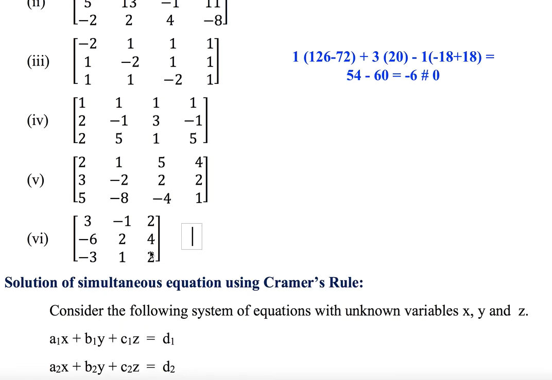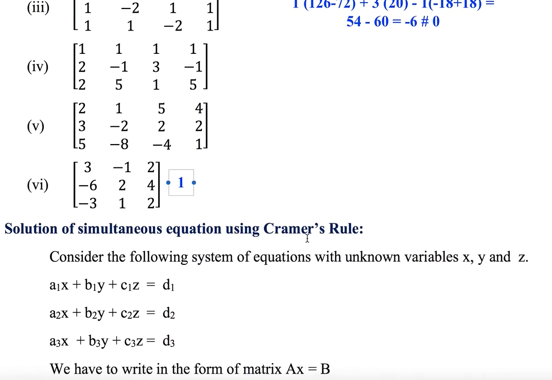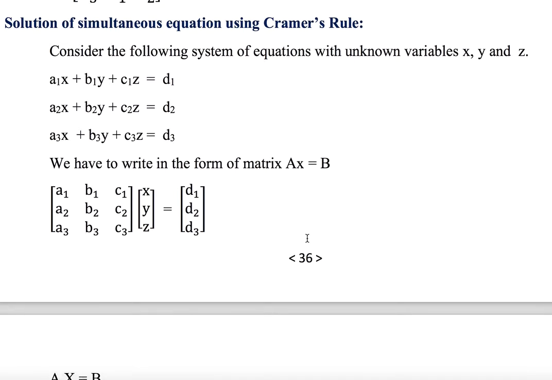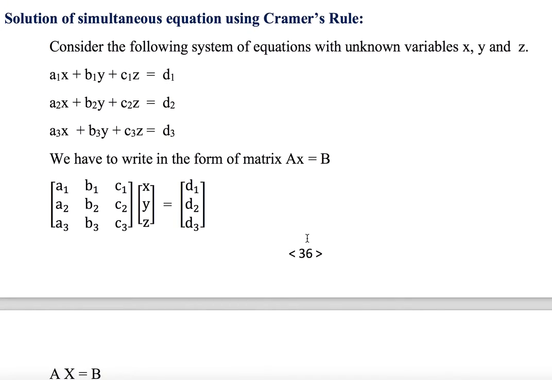Okay, then the determinant is going to be 0, 3 by 3 is 0, 2 by 2 also 0. That you can check. No, 1. Okay, so the rank is 1. You can check on your own. Any 2 by 2 determinant you take, you will end up getting 0. Okay, fine. Simultaneous solution of simultaneous equations using Cramer's rule.